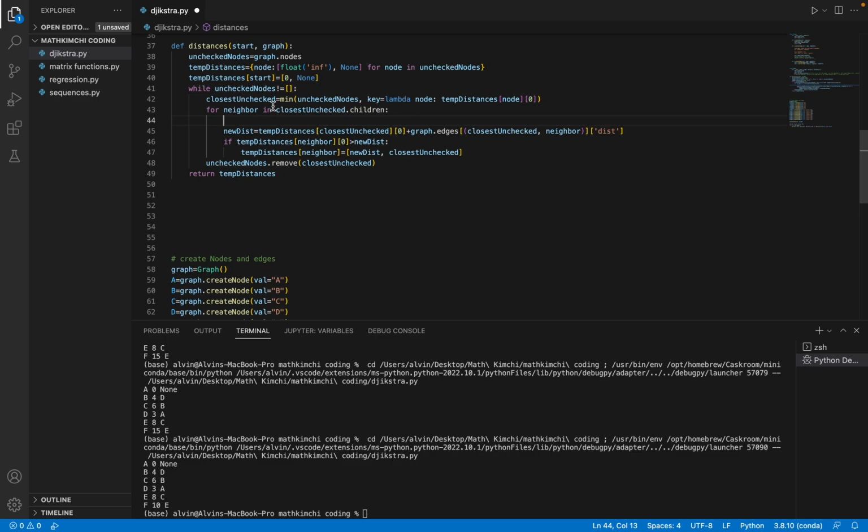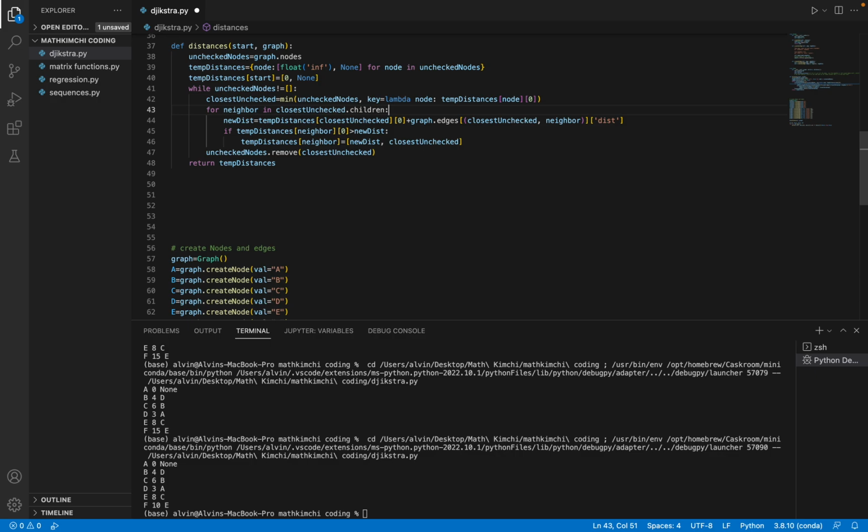It's like if neighbor is not inside of this, or like only run this if not neighbor inside unchecked nodes. But honestly, I'm not sure if that 100% works or not, and so I don't really want to risk it. But yeah, now we just need the actual